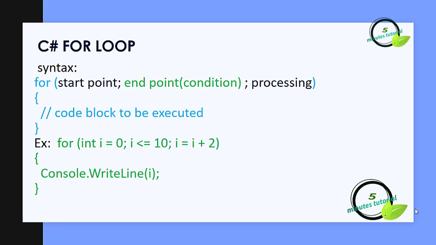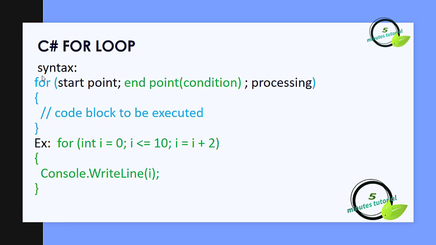So our today's topic is for loop, while loop, do while loop and arrays. So what is a loop? A loop is used when we want to execute a portion of code as long as the condition is true. So for loop. Here we can see the basic syntax of for loop.